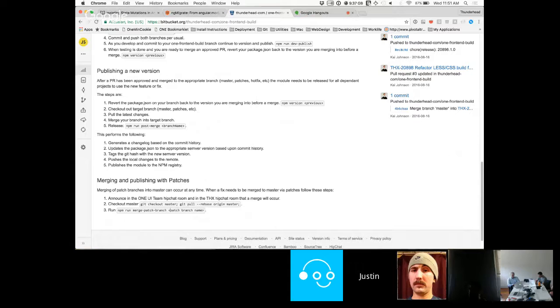Now, it says patch branch name here, because it's 12.1 patches, 13.1 patches, 14.1 patches. It's just saying which patch branch you want to merge. Okay, not your fix branch. Because you would check out patches, and then you'd branch off that to make all your testing, and once you got that approved, you'd merge that into patches. And then you'd go, okay, now I'm going to merge patches into master. So that patch branch name is basically 13.1, 12.1, 1.1, whatever it is.